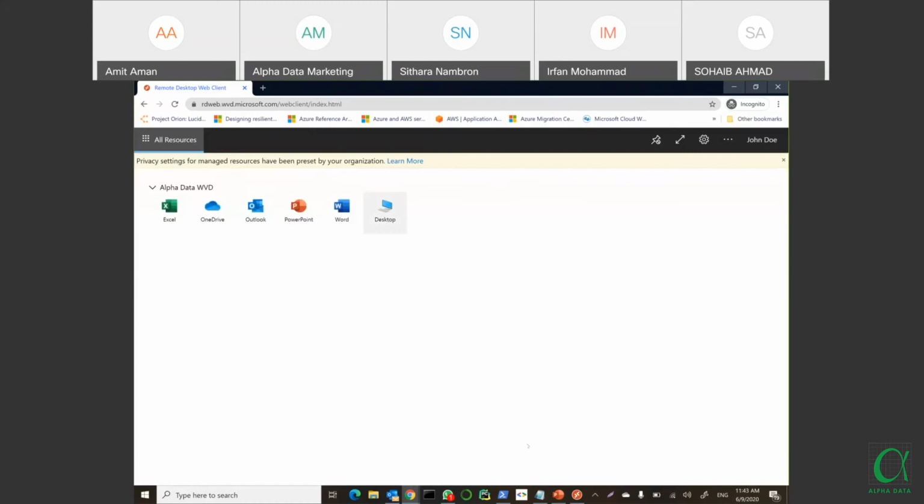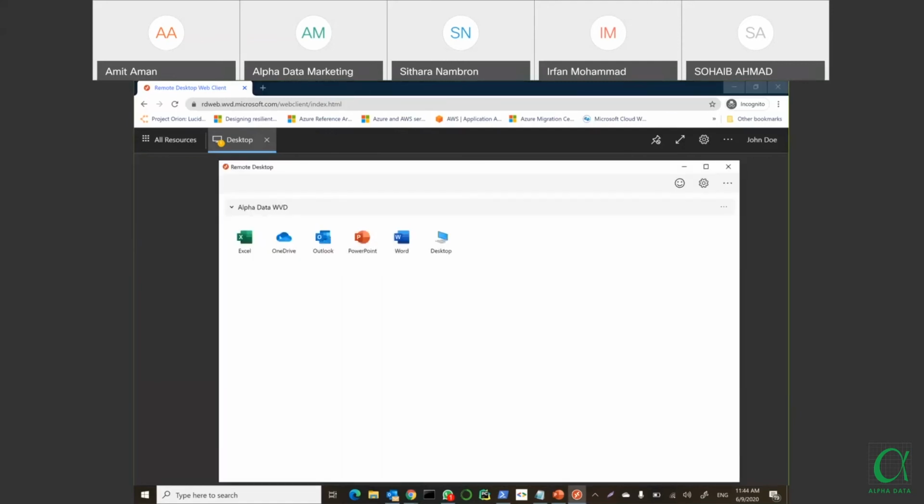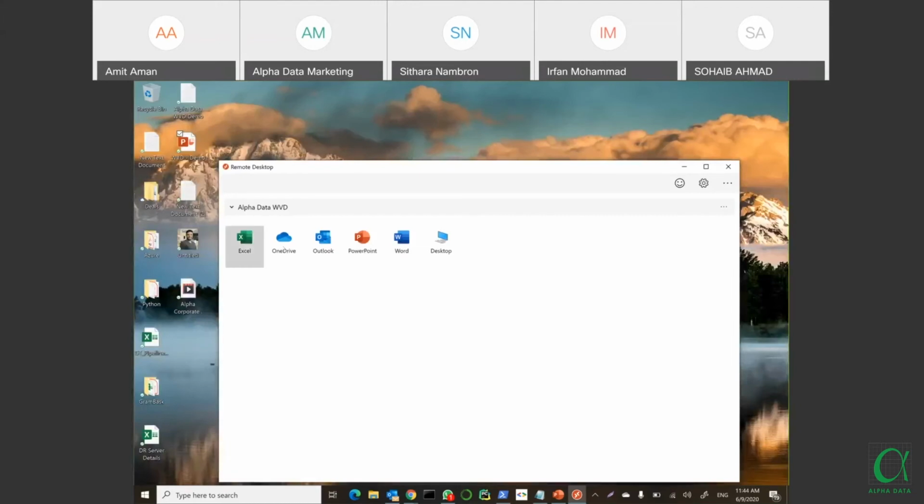Similarly, you can see the desktop, or you can create the desktop from here. You can check the desktop, and as I mentioned here, you can see the list for this John D. It is all available for him. All the applications as well as the desktop are available here. So this is how you can see it from both the portal and the desktop application. This is how you can check that.